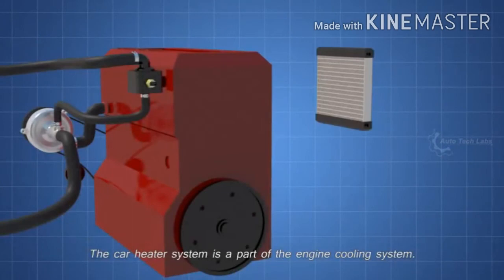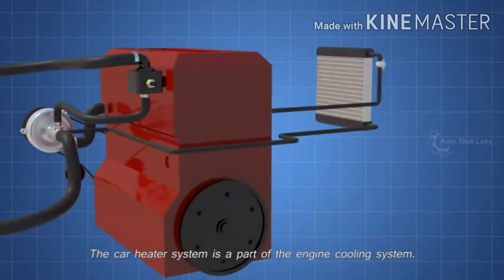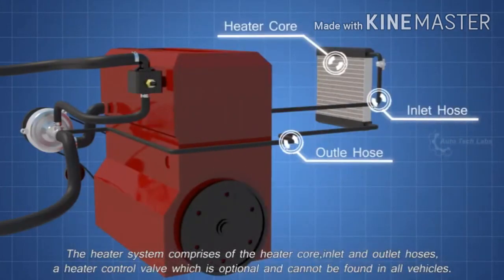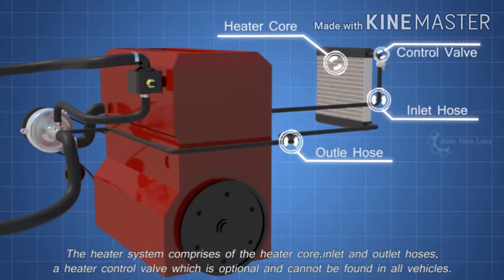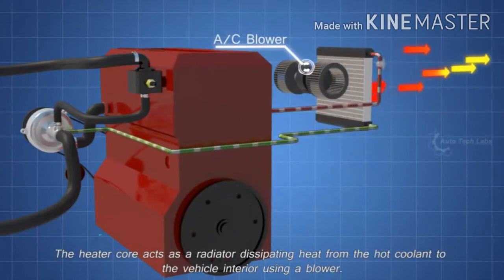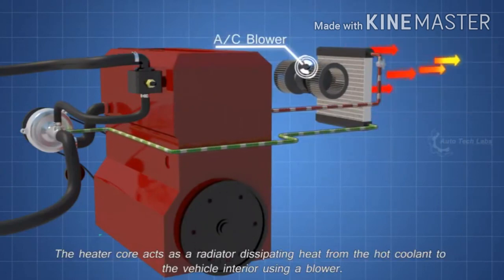The car heater system is a part of the engine cooling system. The heater system comprises the heater core, inlet and outlet hoses, and a heater control valve, which is optional and cannot be found in all vehicles. The heater core acts as a radiator, dissipating heat from the hot coolant to the vehicle interior, using